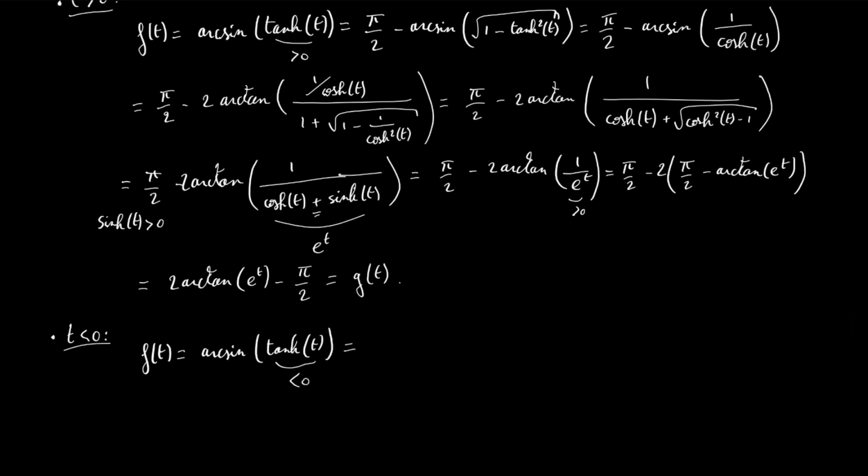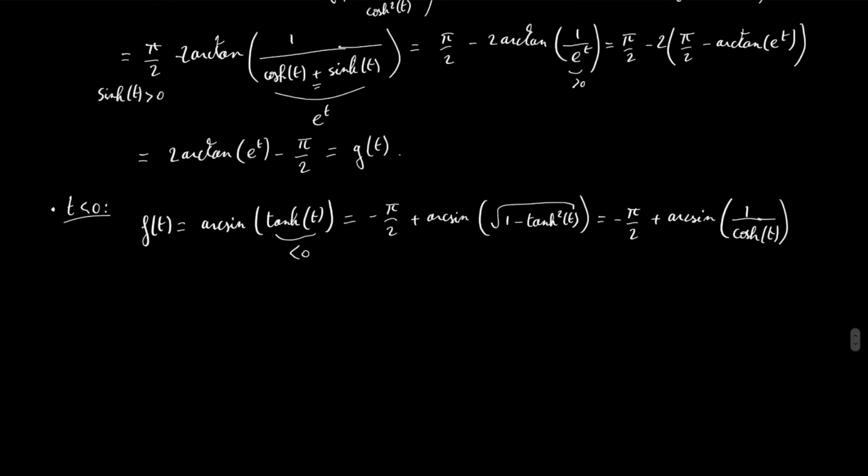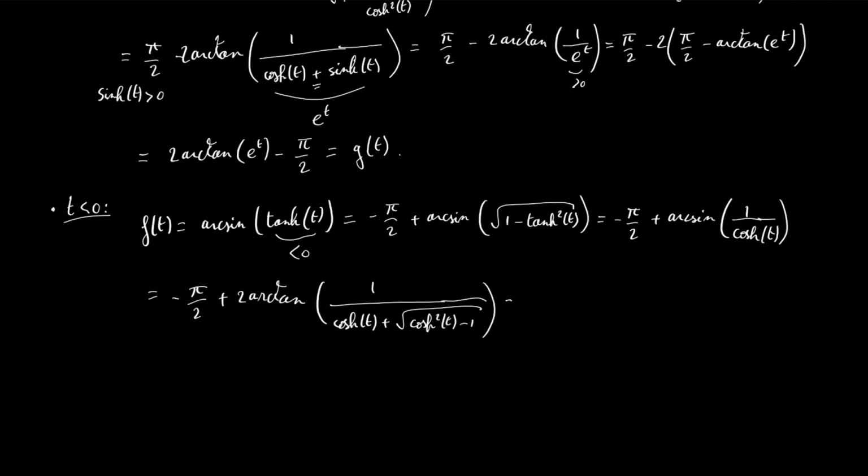So this will be equal to minus pi over 2 plus the arcsine of the square root of 1 minus the hyperbolic tangent square of t. This is equal to minus pi over 2 plus the arcsine of 1 over the hyperbolic cosine of t, which is equal to, as we have seen above, minus pi over 2 plus 2 times the arctan of 1 over the hyperbolic cosine of t plus the square root of hyperbolic cosine of t square minus 1, which is equal